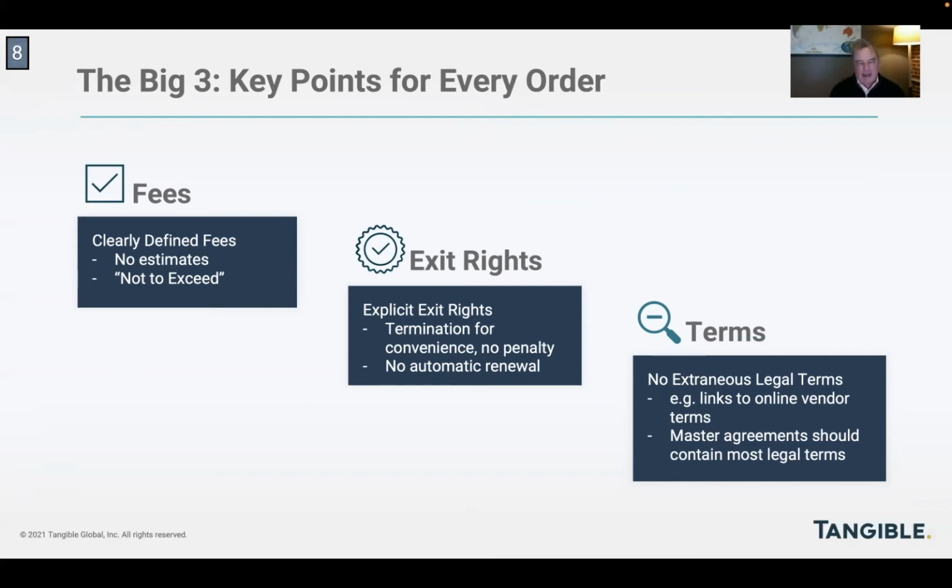Secondly, you want to make absolutely certain that your client can get out of the order and understands what rights they have to get out of the order. Generally, most vendors, most providers will agree to a termination for convenience with no penalty. And they absolutely should agree to no automatic renewal of the order. That should be handled by a change order so that the client doesn't look up and find that they've inadvertently signed up for, for example, another year of service under a work order, professional services order.